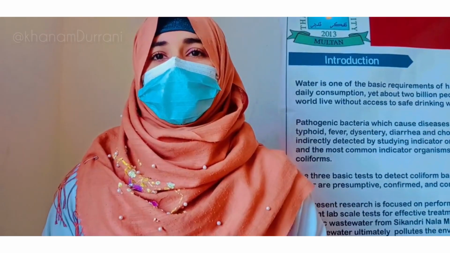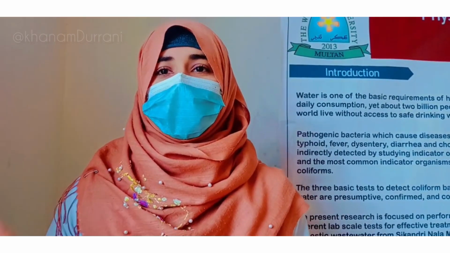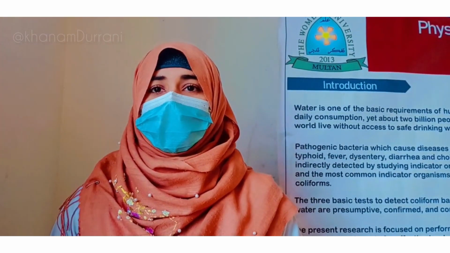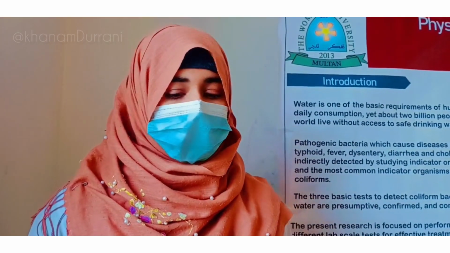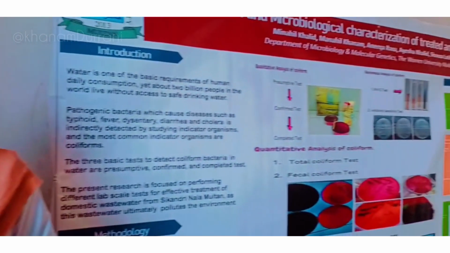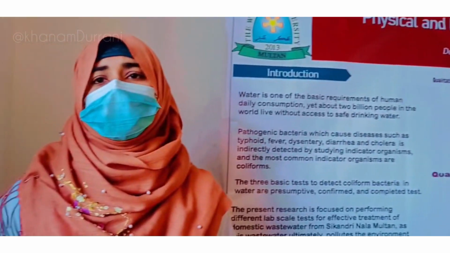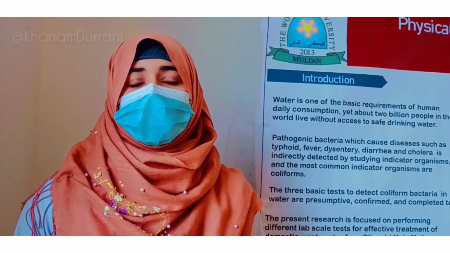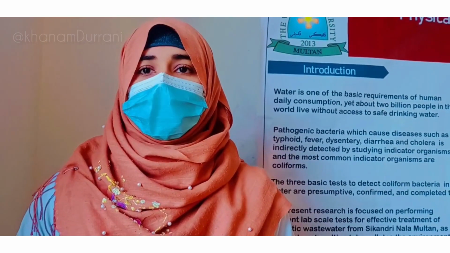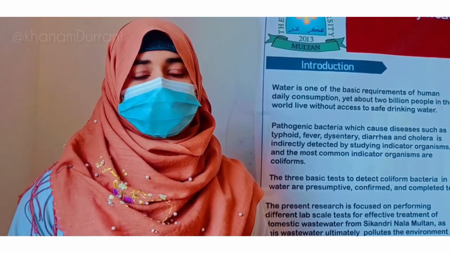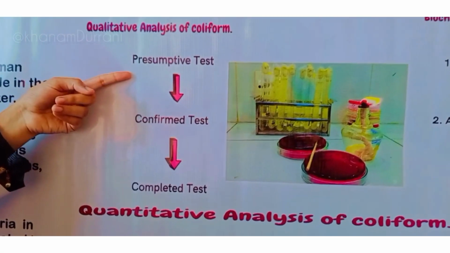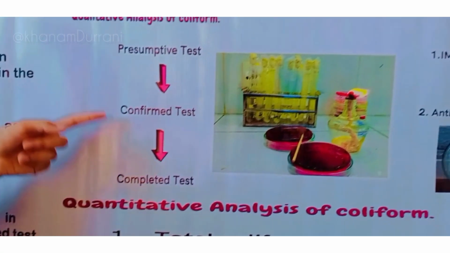After the treatment of water, we got 2 samples, treated and untreated, and the 2 samples were analyzed side by side by different tests. First of all, we performed qualitative and quantitative analysis of coliforms. Coliforms are basically gram-negative, non-spore-forming bacilli that possess beta-galactosidase and produce acids and gases. Qualitative analysis consists of 3 tests: presumptive test, confirmed test, and completed test. In the presumptive test,